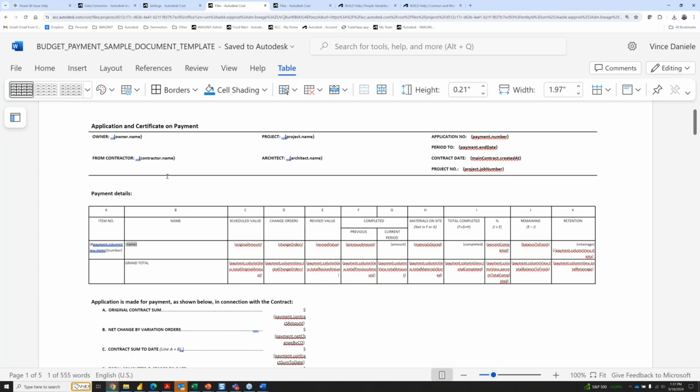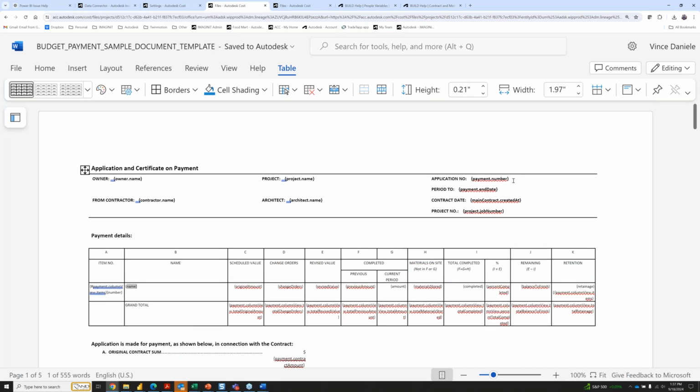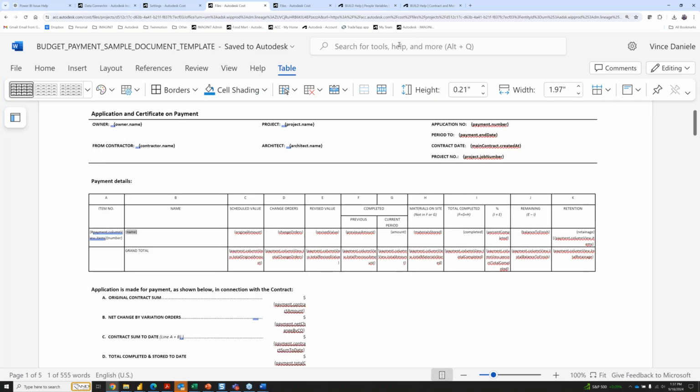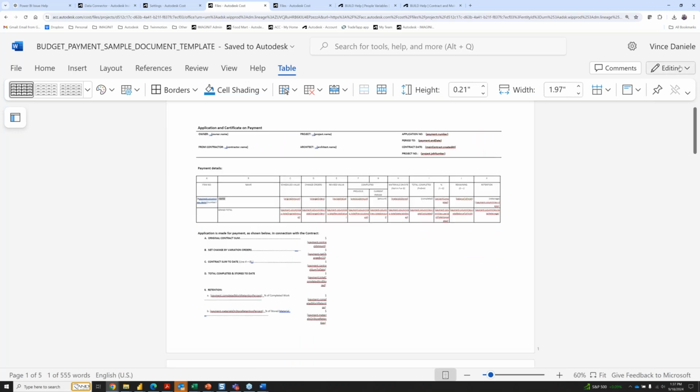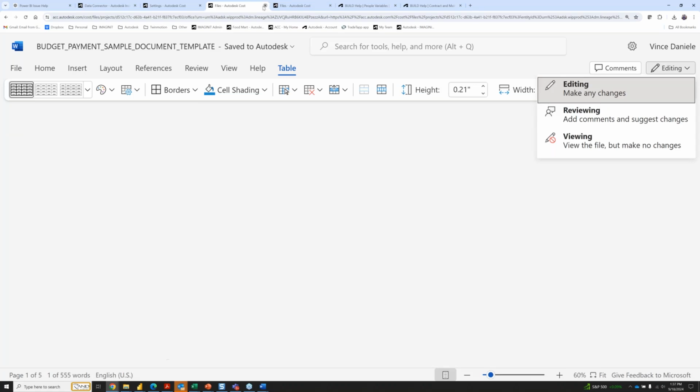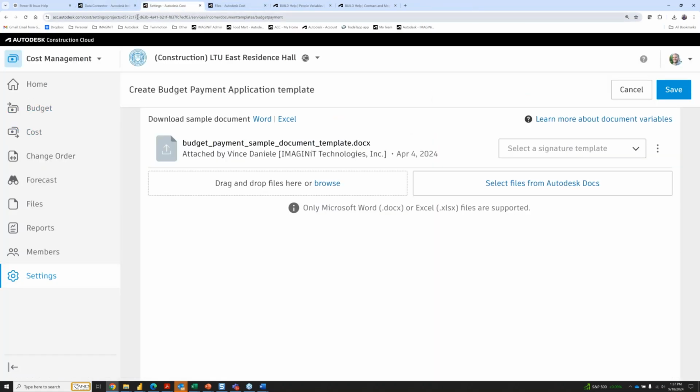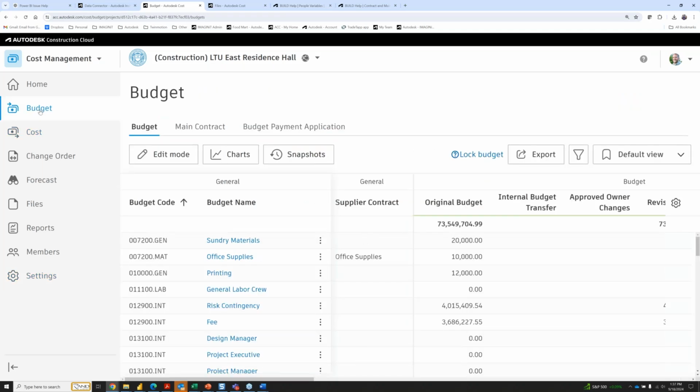So with these at the top, you can see they're more simple variables. So let's focus on this table really quick. I'll go ahead and zoom back out. Close this tab. Next month, we're covering pay apps, but I'll give you a quick preview with this. So under budget,